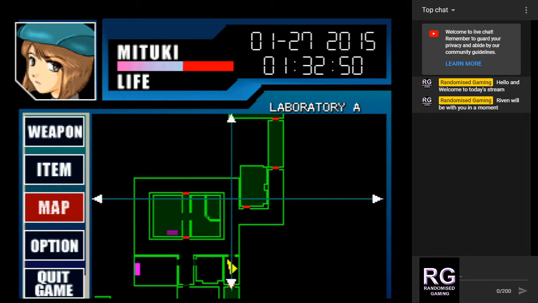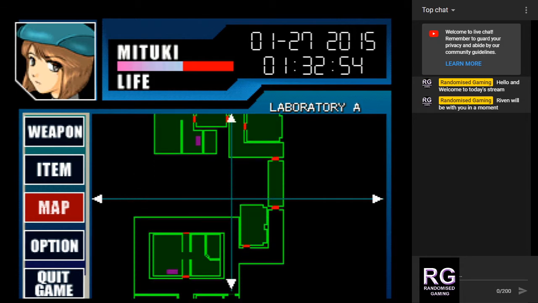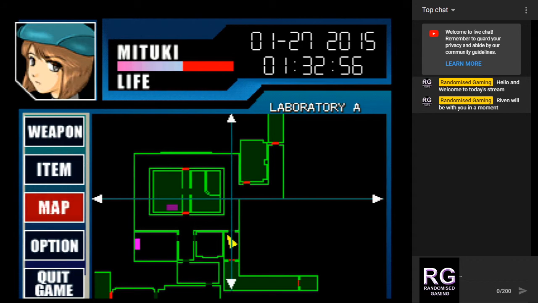Let's check the map again, so straightforward. So I've got two doors. Okay, let's see if I can get into...